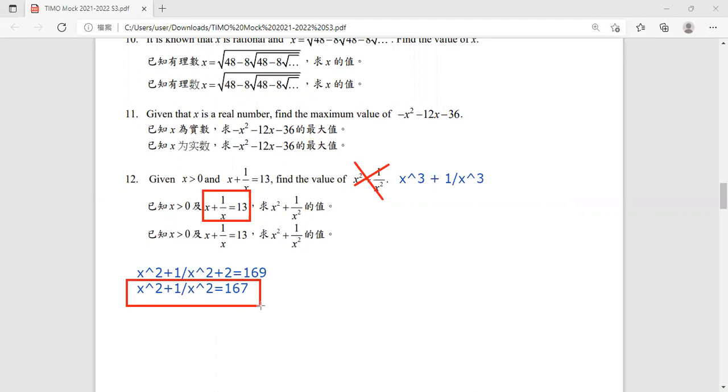But if I don't have these results, you have to use this one, and then you use this one. Then which means that